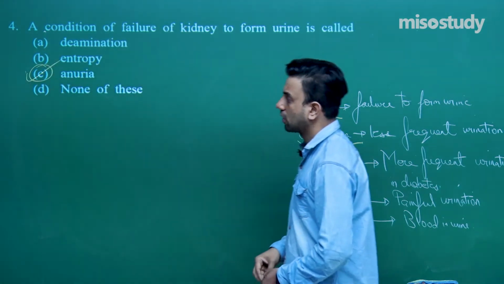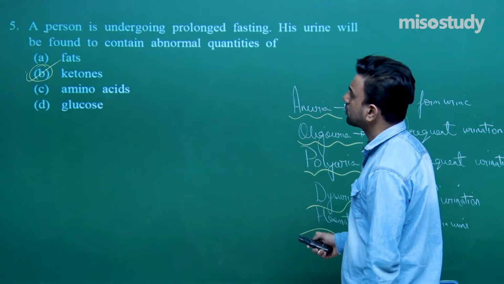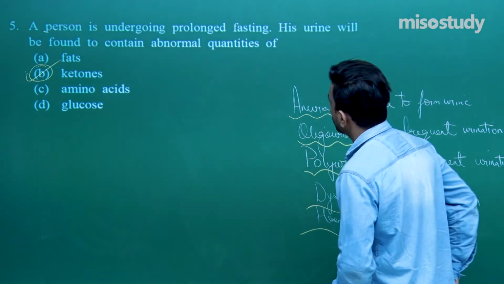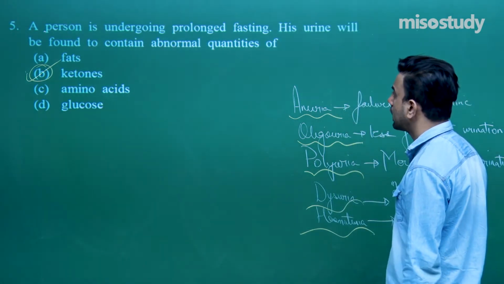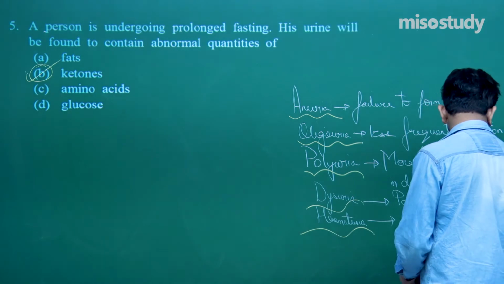Okay, we move on to the next question. A person is undergoing fasting, his urine will be found to contain abnormal quantities of,